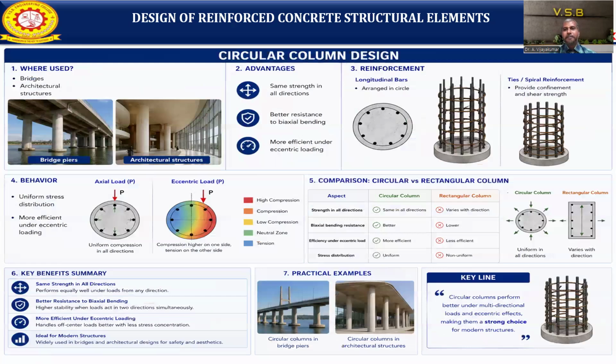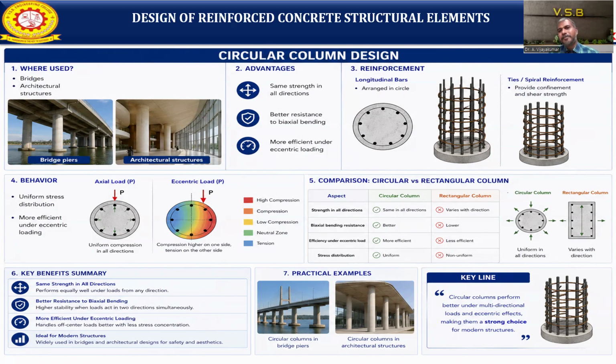As usual, next will be the circular column, which we use mostly in architectural structures and also in bridges. What is the main advantage of a circular column compared to other columns? The same strength in all directions, because it will be